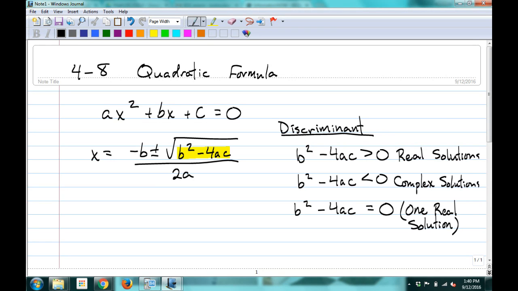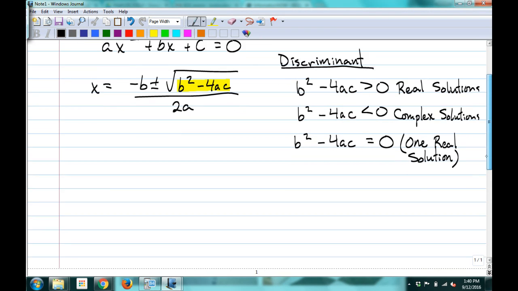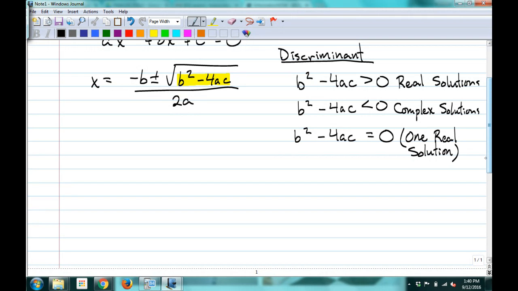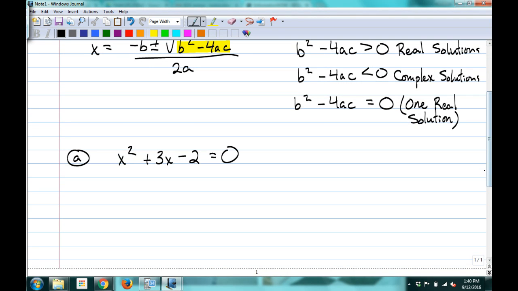Okay, so let's just take a few examples and get some practice doing some quadratic formula on an equation or two. I won't spend a ton of time on this. We've got a quadratic. It's equal to 0 already, so I can use the quadratic formula to solve it. That's what I want to do. So I want to find the discriminant first, and I think it's intuitive to do that first